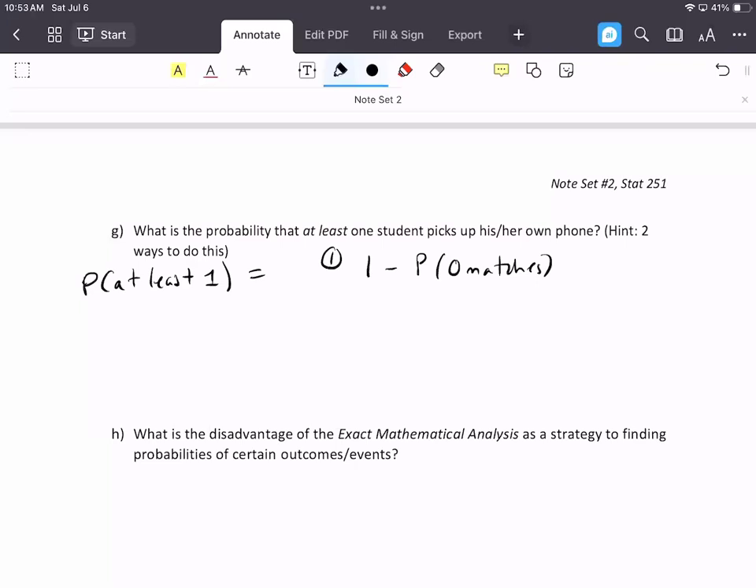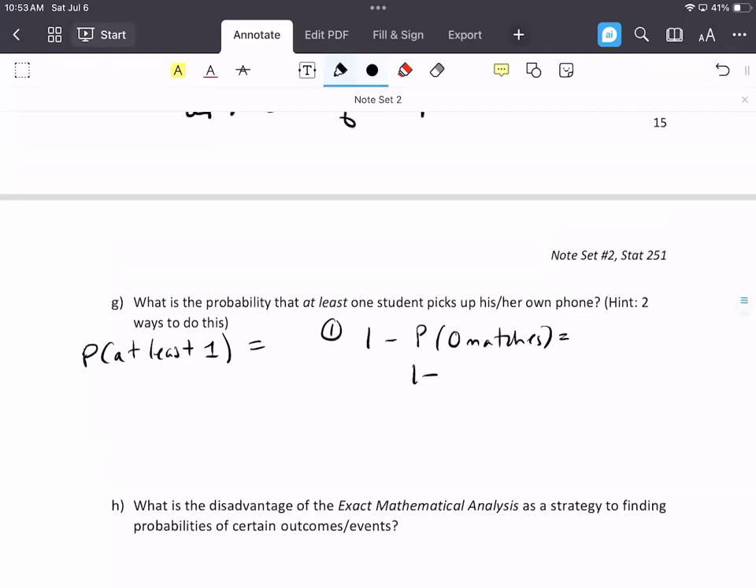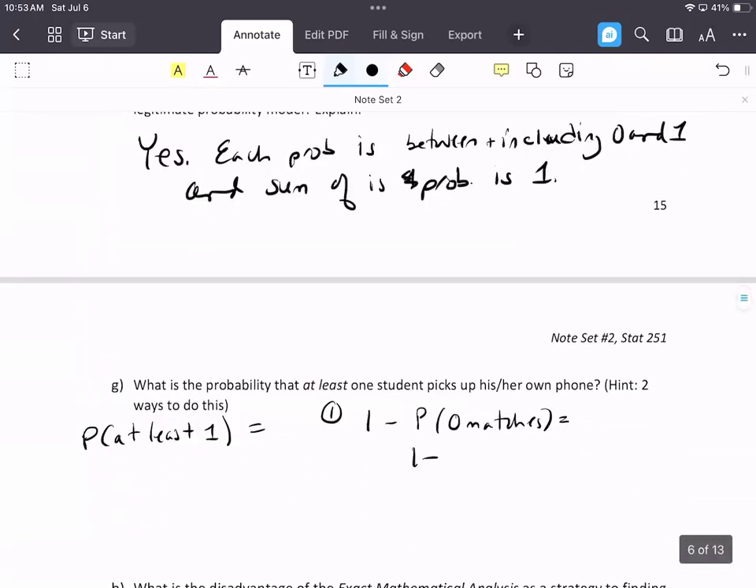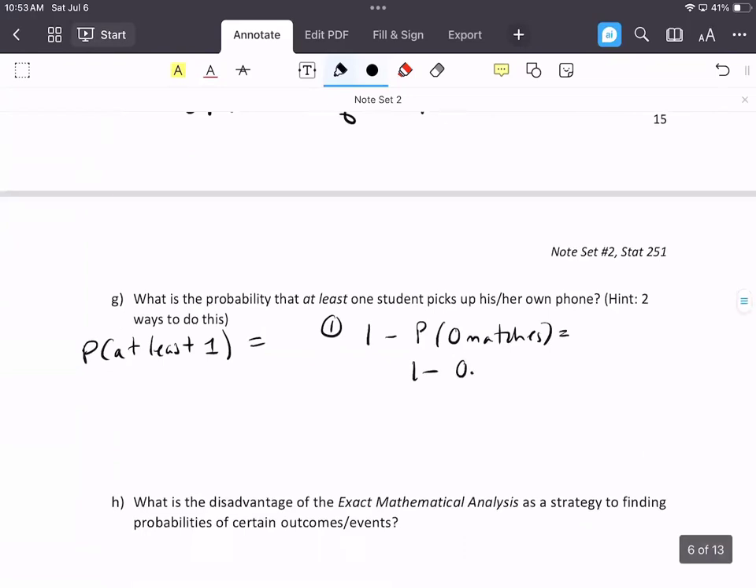So this is called the complement rule. We're going to get more into this later in this note set. But we could find that by just taking 1 minus the probability of 0 matches. Go up here, 0.375, and I get 0.625. Or another way I can do it, and I'm going to get the exact same answer, is if I want